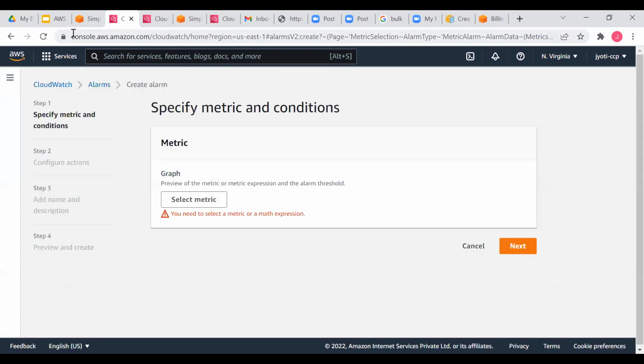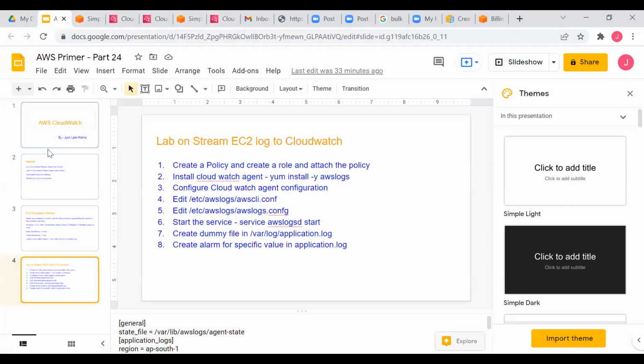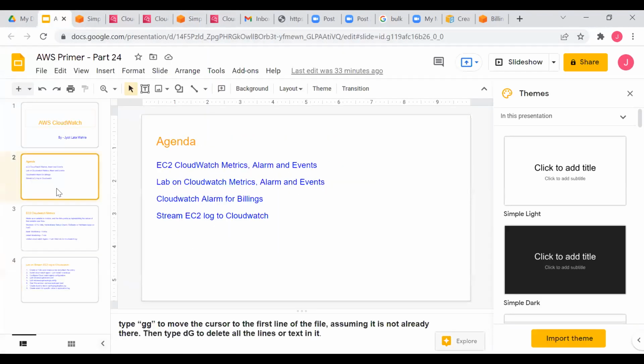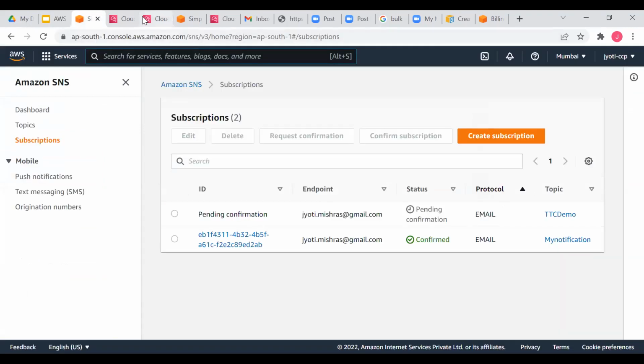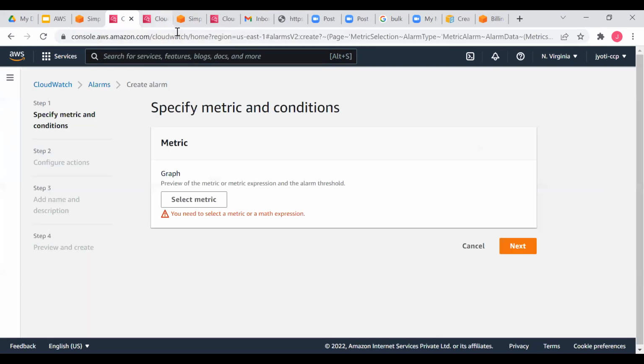Okay. Now let's move to our next topic. We've covered this, we saw how metrics look like, what are alarms, events. Event is also,